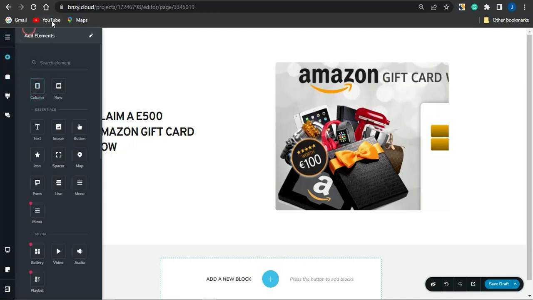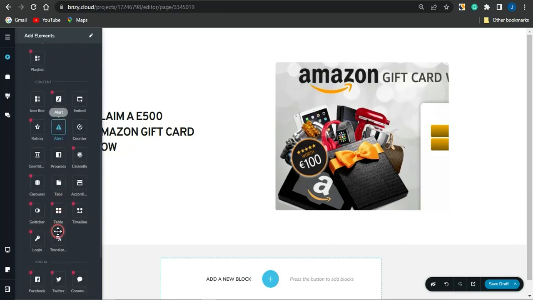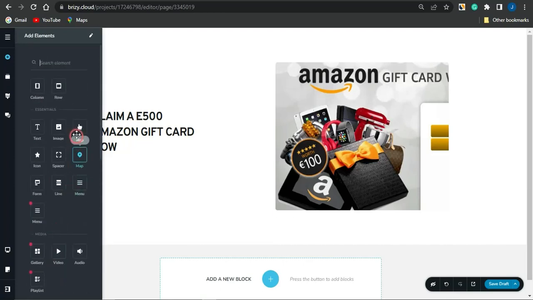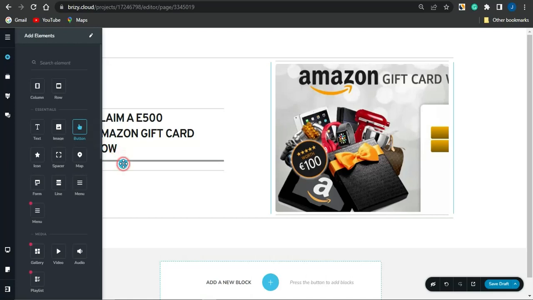You'll be able to see a lot of stuff which you could just simply make use of. You could see right here a lot of elements such as text, the image, the button, and a lot more right here, which you could just simply grab hold of. So right now, guys, I'm just going to make use of this button by dragging this and dropping right here